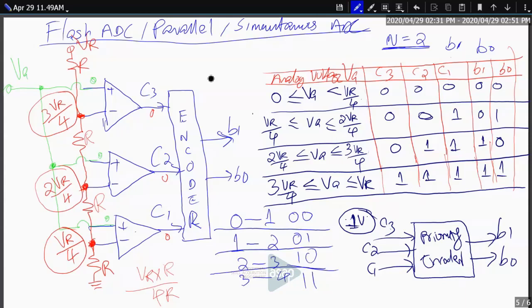Why it is applied to the negative terminal is the one question, I think. It is just to keep a positive logic in the encoder design, because whenever our analog voltage goes above the reference voltages, which we have assigned by dividing the total reference voltage, then the corresponding comparator output becomes 1. That will be slightly easier for us to handle in our K-map design for the encoder, which I was explaining last. Otherwise also, you can in principle operate this, but with a little bit of difficulty in handling it.